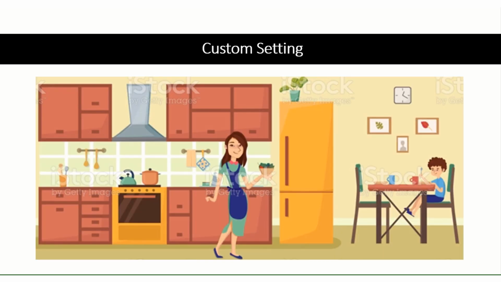Let's start. So first, let's understand what is custom setting. Here you are able to see one lady and one boy. There are a few cups which are easily accessible to this boy to get and drink, maybe water, maybe juice. So he can easily take it and drink it.